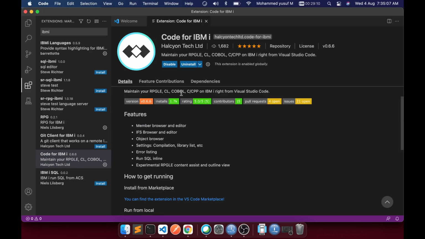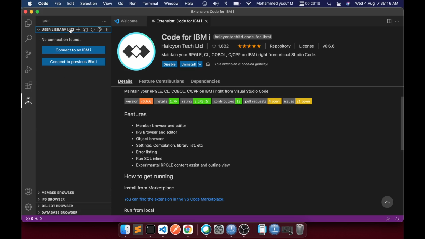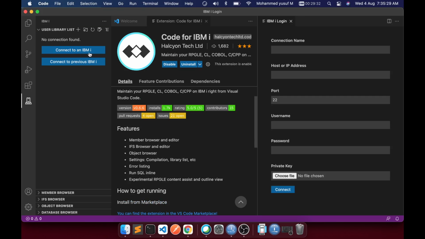Once you install that, you will see this icon on the left hand side. You click that, and it comes with a panel, and then you can connect to an IBM i. If you have already connected one time, you can use connect to previous, but as of now, let's get started with this icon. Once you do this, you get this prompt. You can give a connection name, and let's use the PUB400 host name.